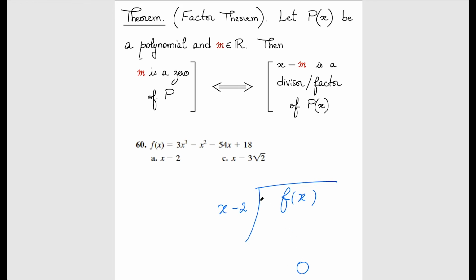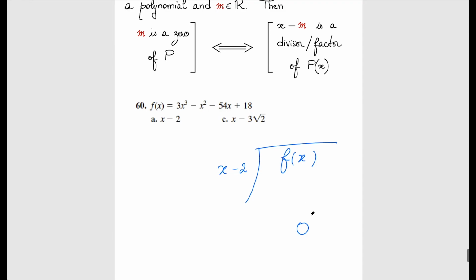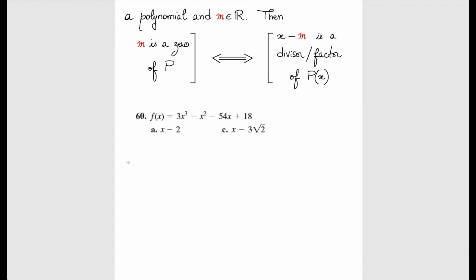Instead of doing all of that, which takes time, it suffices, by this equivalence, to only check if m, which is in this case 2, for part A, is a 0 of the function f, correct? So instead of doing long division, I'm going to just use the factor theorem, and the question becomes,